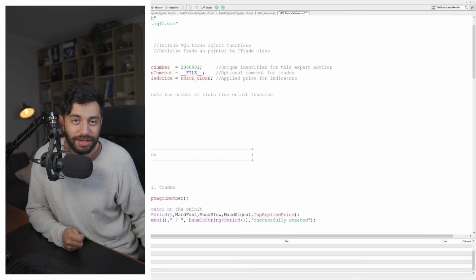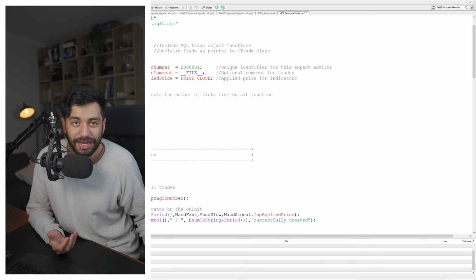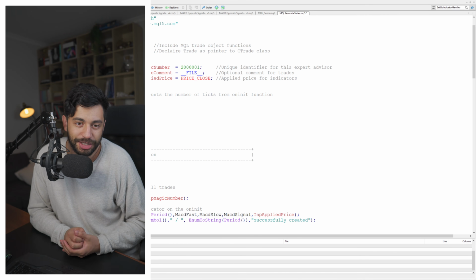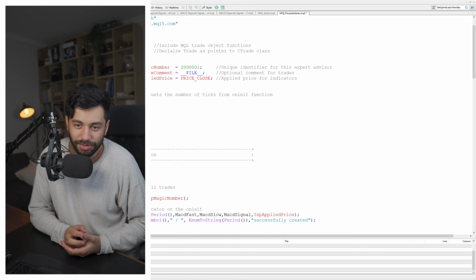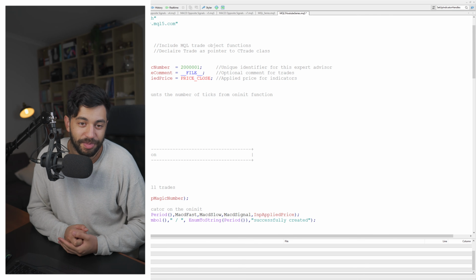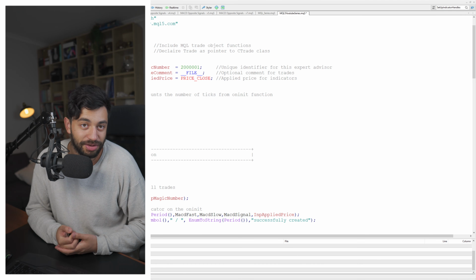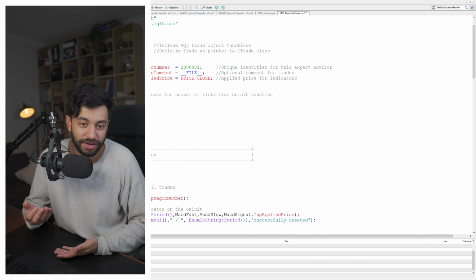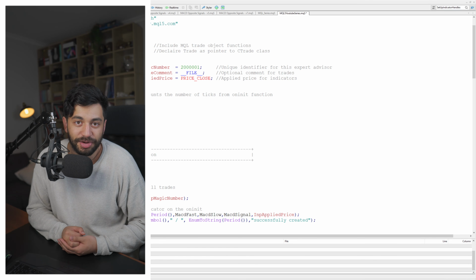And there is a lot that we do have to, of course, go through when it comes to coding within MetaTrader 5. And the reason why I wanted to be so in-depth and to go through all of this and provide the PowerPoints is because I found this very difficult when I was first starting off, particularly as well, coming from a mathematical background, again, being an engineer. I found this a little bit hard to wrap my head around. So I'm assuming that a lot of people are going to find this hard as well. So I wanted to be as in-depth and thorough as possible and go through all the requirements needed to, of course, put in an indicator